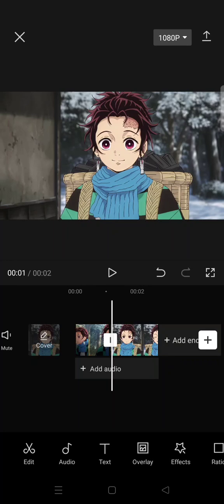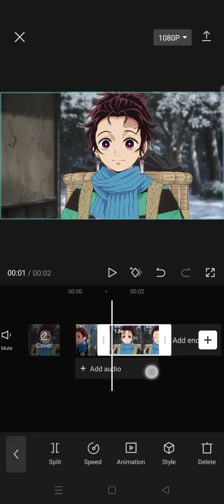On today's tutorial, I'm gonna show you how to easily create pop-up cutout transitions in your videos on CapCut. So first, just add the clips you want to edit and then click on a second clip